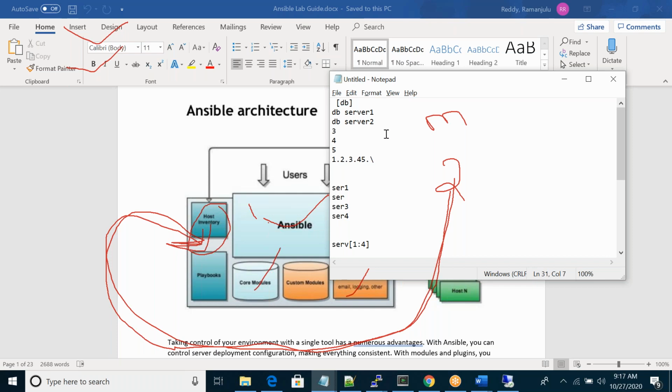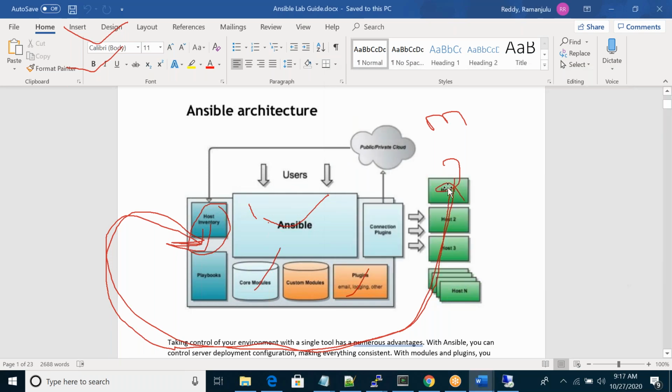You'll go group-wise. For example, I have 10 DB servers. I will create one group like db, and under the db group I'll mention these servers. Or I have some web servers, I'll create one group like web, and under that web group I'll mention all my web servers. So ultimately, all these remote agents, I'm mentioning them in my host inventory file.